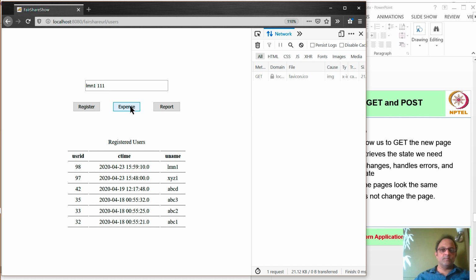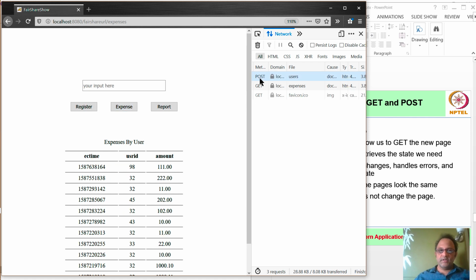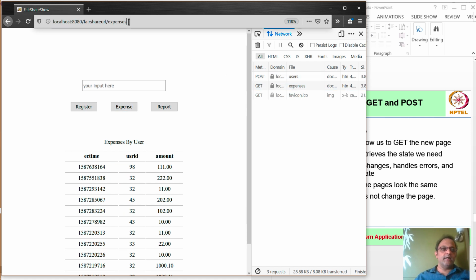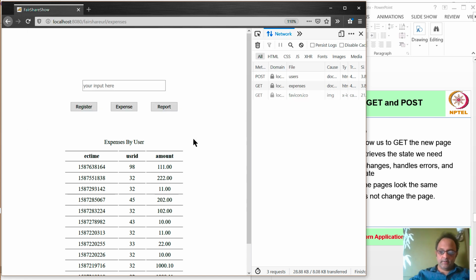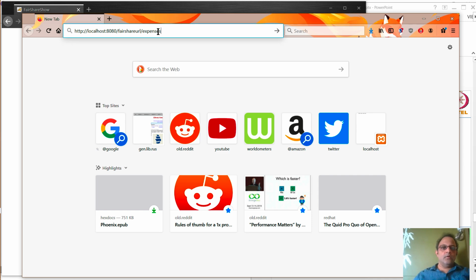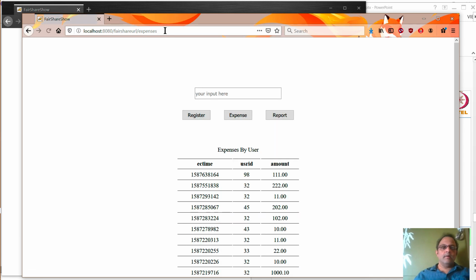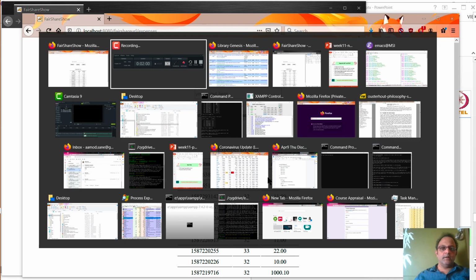LMN111. If I say expense, you will see the same sequence. There is post, there is get, and there is an expenses URL. And indeed, I can copy it, go to a different browser, hit return, and be able to see the same page here again as we said.